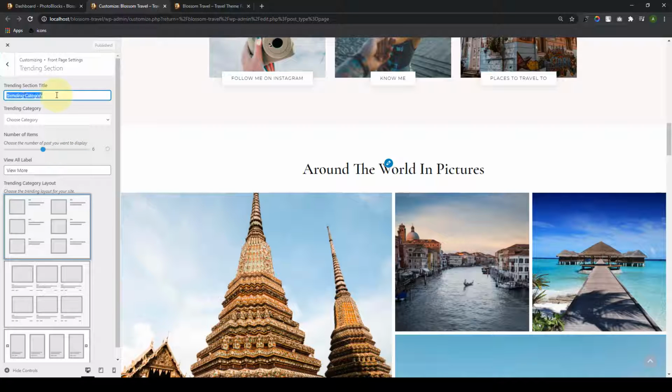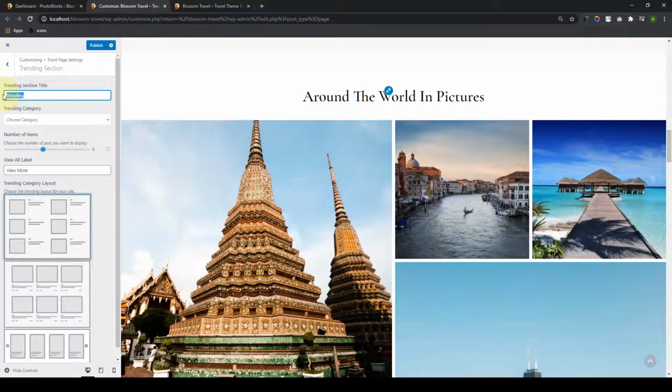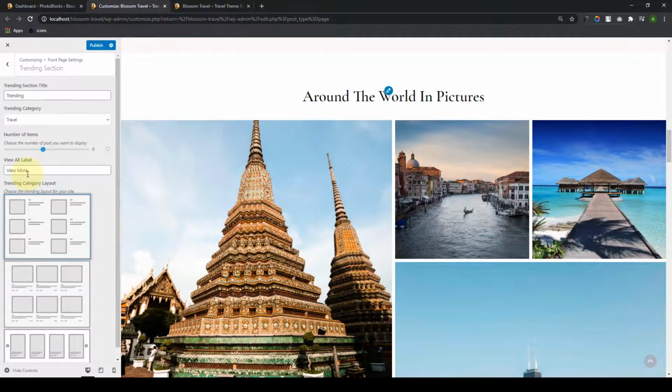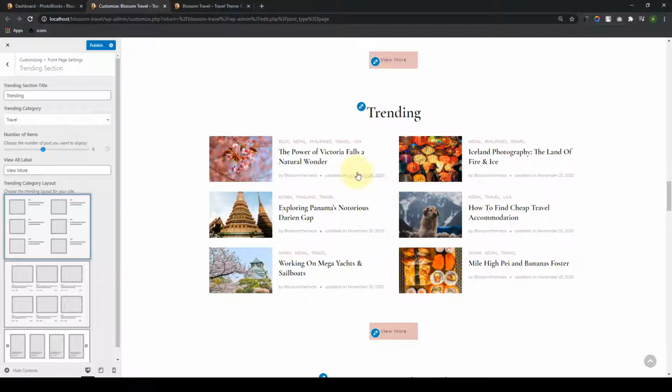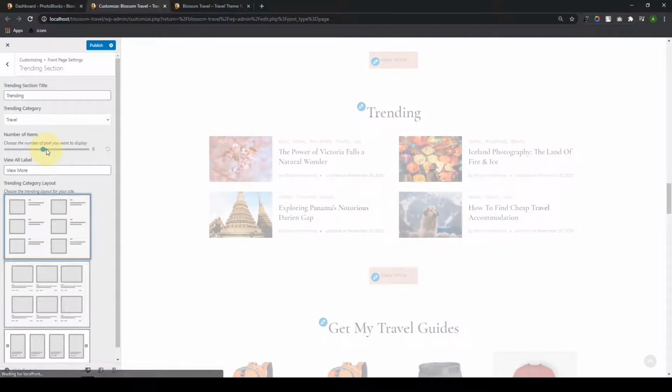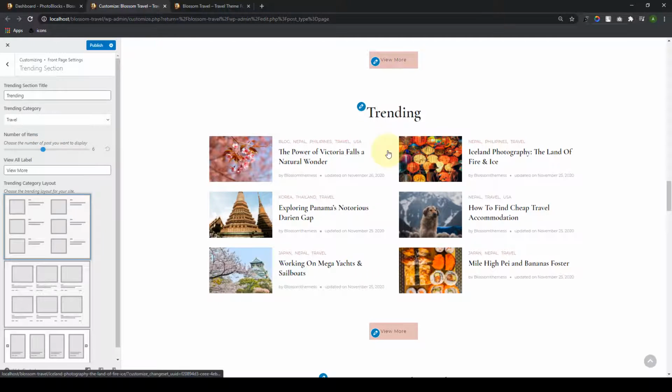You can easily change the trending section title from over here. I'm just going to remove the category. Let the trending alone be my trending section title. Next is to choose the trending category. So go ahead and select from the category that you want to feature in your trending section. And as you can see, the trending section is now showing, so you can easily choose the number of items from over here. Slide the button under or over to select the number of posts that you want to display